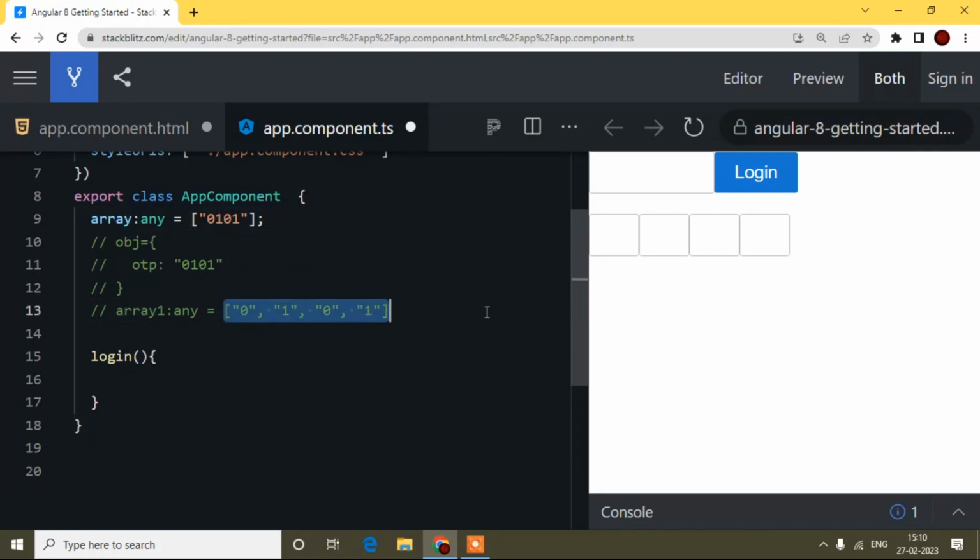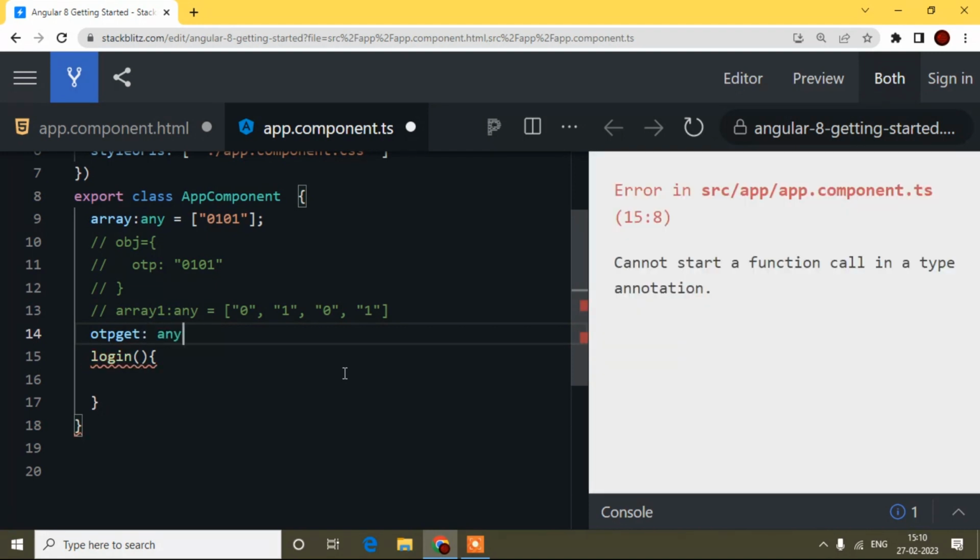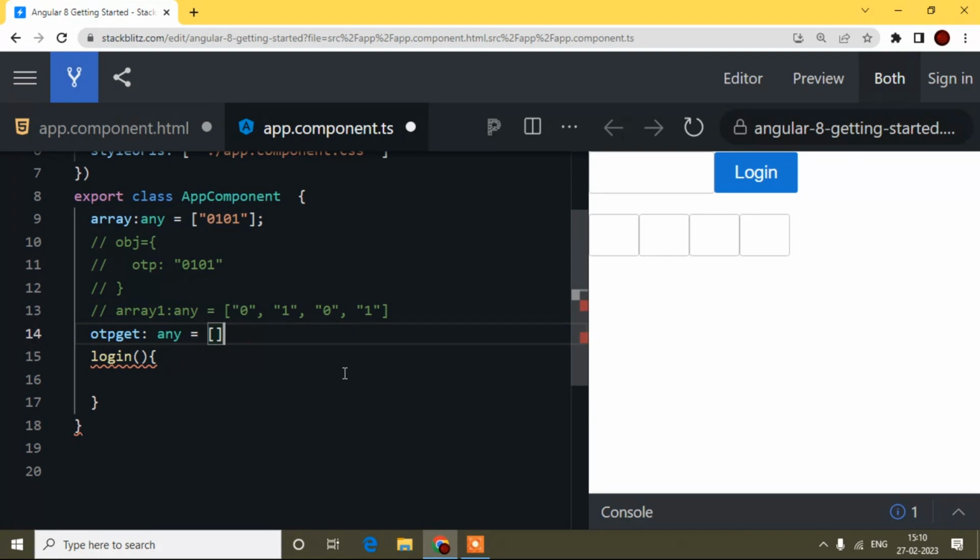So when I click this login button, here I will take another variable, OTP get, and I will write its type as any, and one array. Now when I click this login button, first of all I have to convert this thing. It is very simple. So how? Let's see.